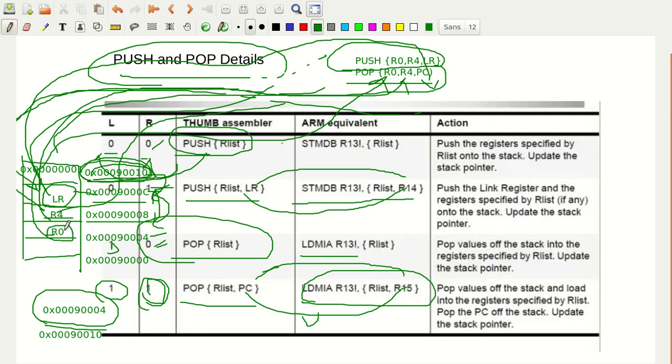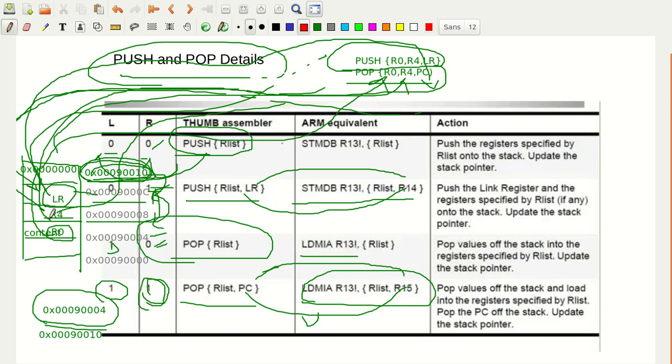First, understand this one: R0 is not saved into R0 here, it is the content. So let me write the content here, it could be anything, whatever I have written here is the content. The content in this memory location 0x00090004 is stored into R0. Next the stack pointer is incremented, so one time it is incremented.